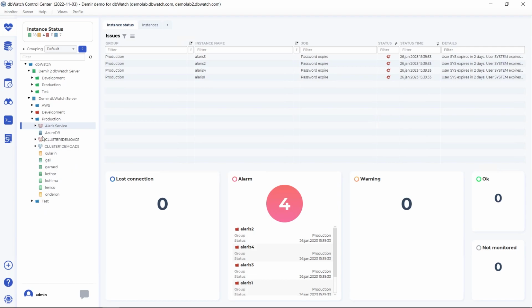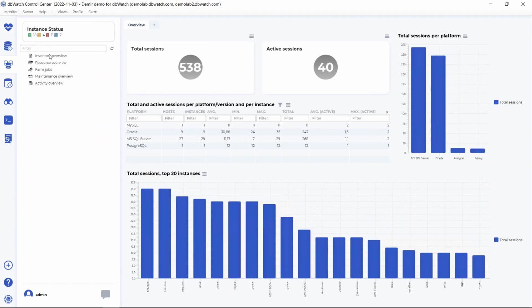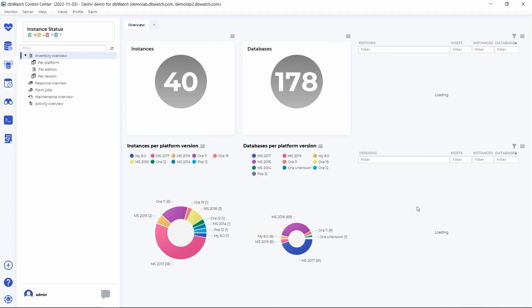We have lots of different databases here, so this is ideal to show the possibilities in farm use. Farm is the third option on the left menu. When you click into the farm view, we have things like the inventory overview, where you see the different database platforms you have, different versions, and